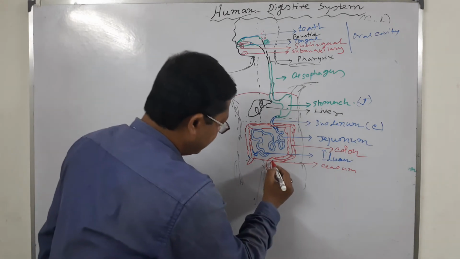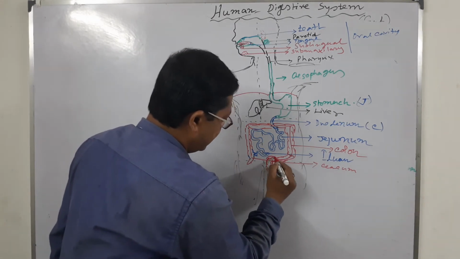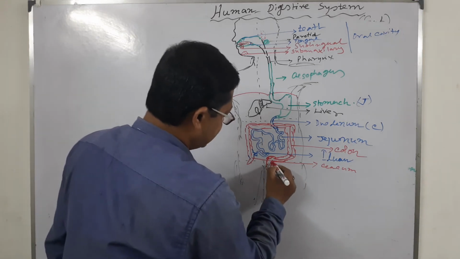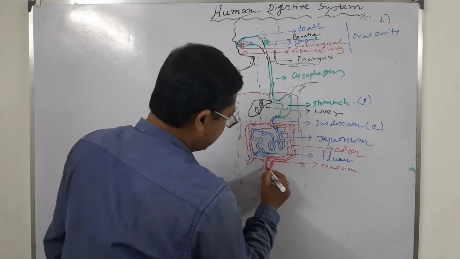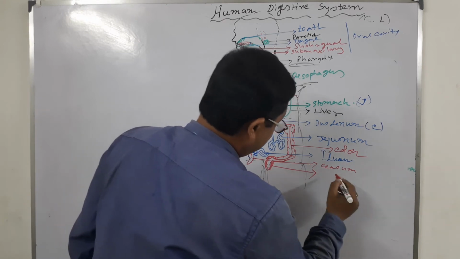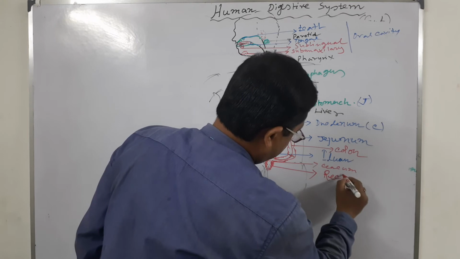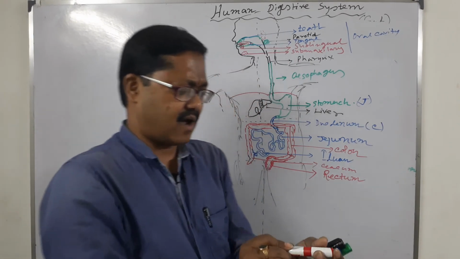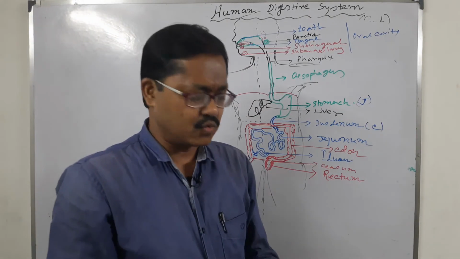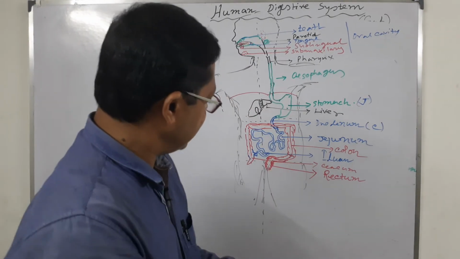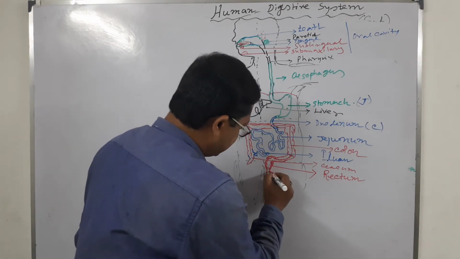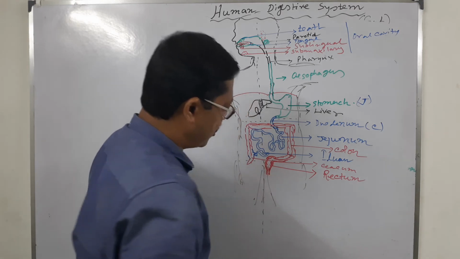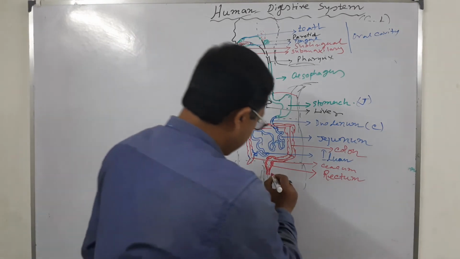Then, in this structure our fecal matter accumulates. This structure is called the rectum. Within the rectum, different highly folded structures are also present, and after the rectum, the passage through which the fecal matter is discharged from our body is observed. This is the anus.